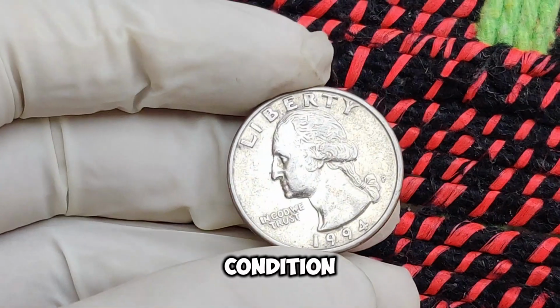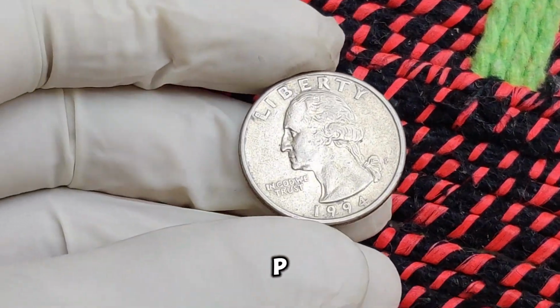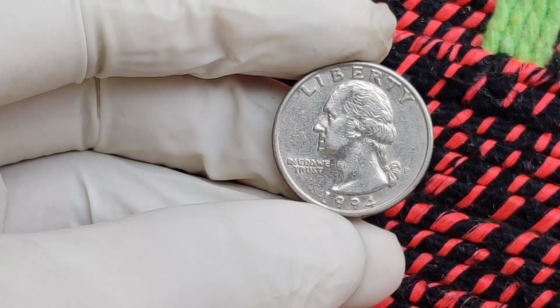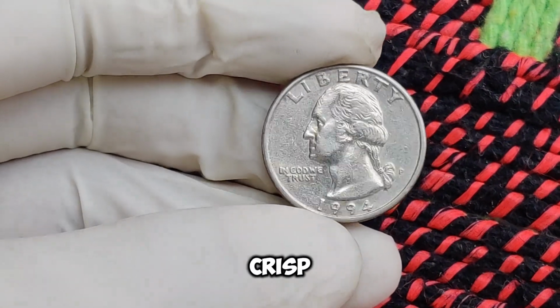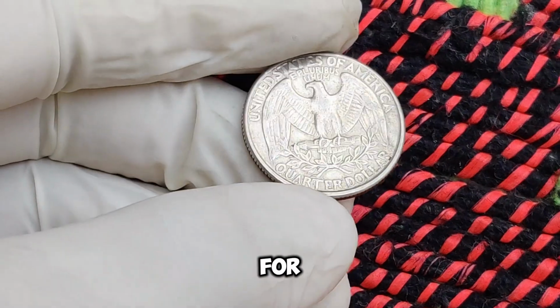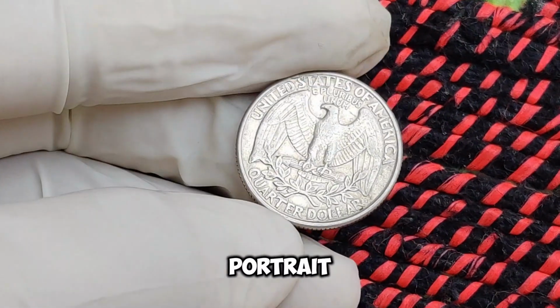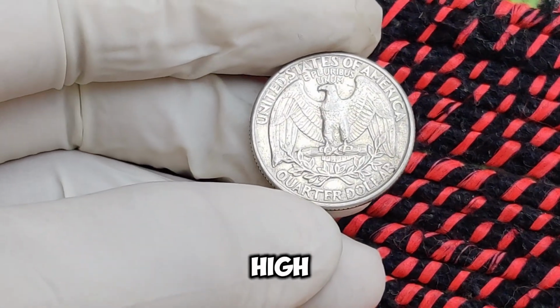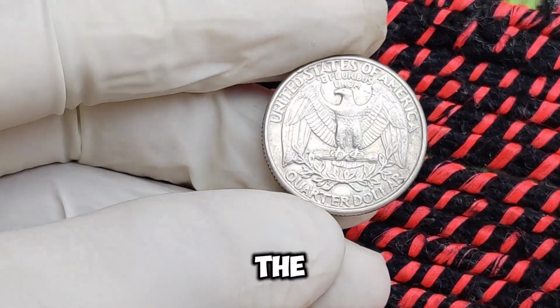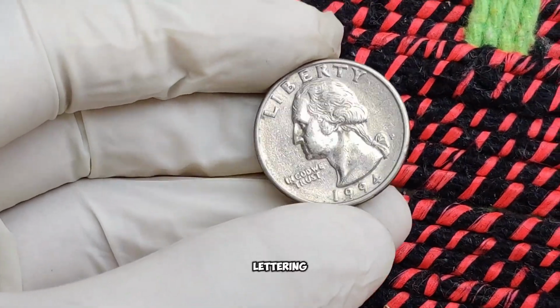Aside from its condition, the 1994p quarter is also valued for its sharp details. Coins with full mint luster and crisp, well-defined features command the highest prices. For example, look at the portrait of Washington. On these high-grade quarters, every detail of Washington's hair, the folds in his collar, and the lettering around the edge